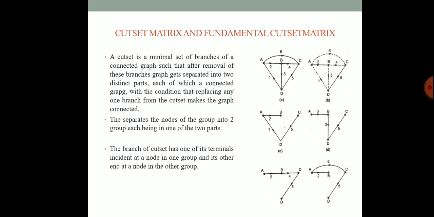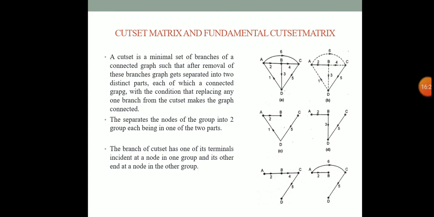For a graph with B branches and N nodes, the possible fundamental circuits are given by B minus N plus 1. So we consider a tree of an oriented graph as shown in the figure. As shown above, twigs 2, 3, 4 form the tree, while 1, 5, 6 are the links which are not a part of the tree. When these links are replaced, we will have three fundamental circuits as shown in the figure.